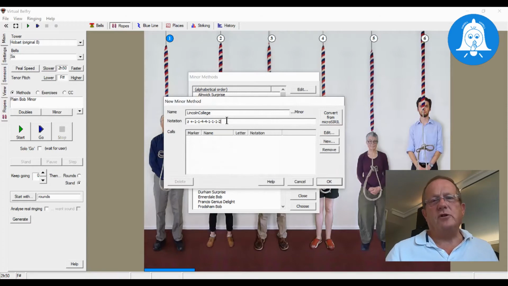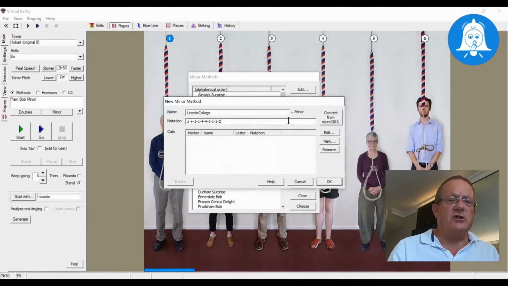Now Virtual Belfry doesn't read MicroSiril notation straight off the bat as such, but there is a useful button here that says convert from MicroSiril, and all things being equal, if I press the convert button, it will actually give